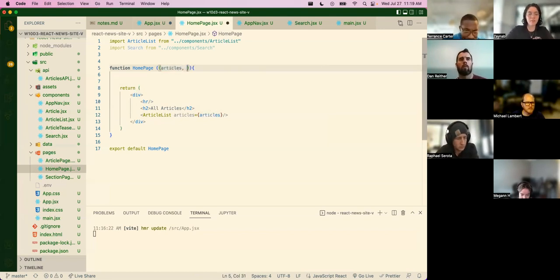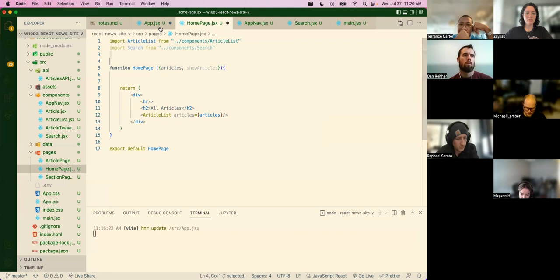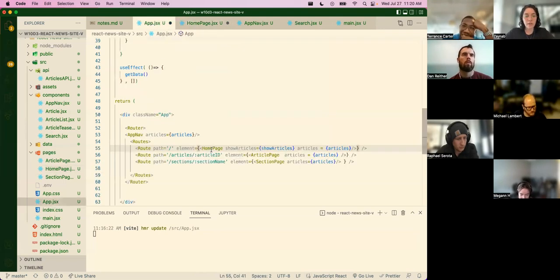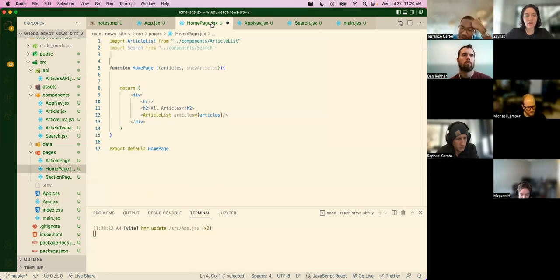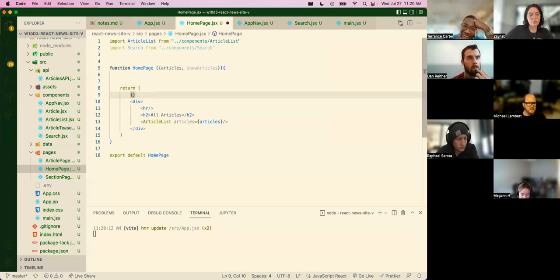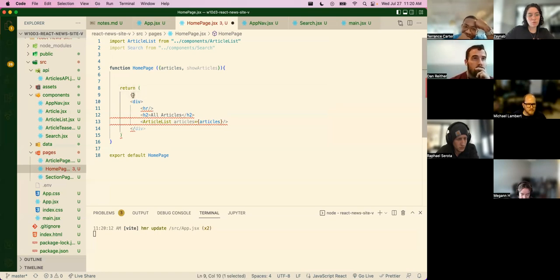Yeah, I think we should code that now, because you pretty much just navigated us through 50% of the task. That's awesome. Exactly. So, okay, I'm sending the show articles into the homepage. I'm saving that. And then in my homepage, I am grabbing that value and I could just do one of the operators that allow me to,